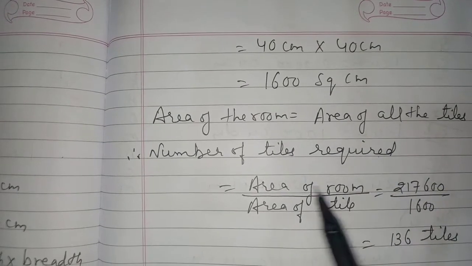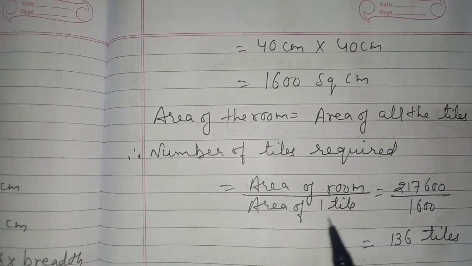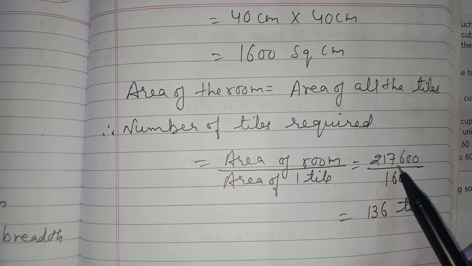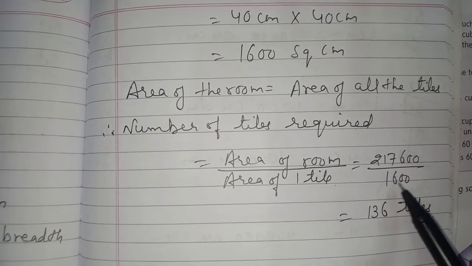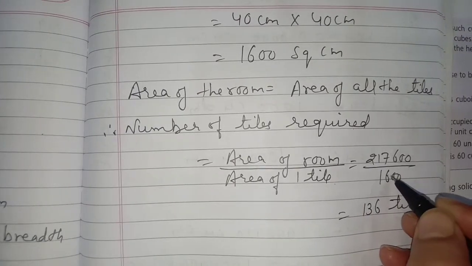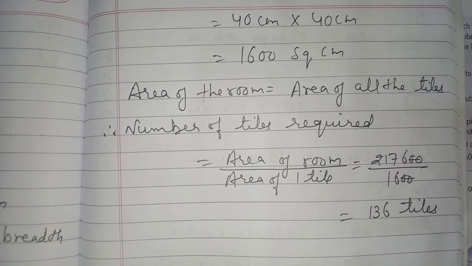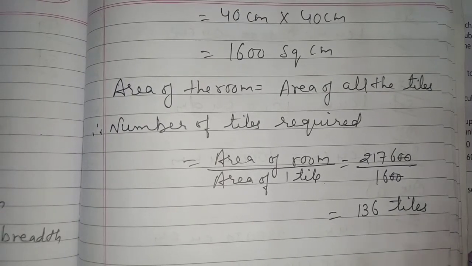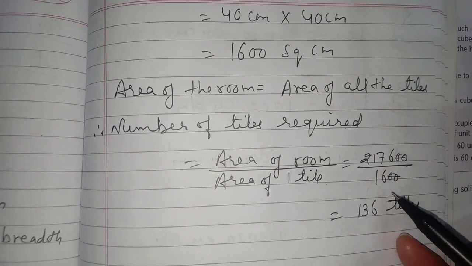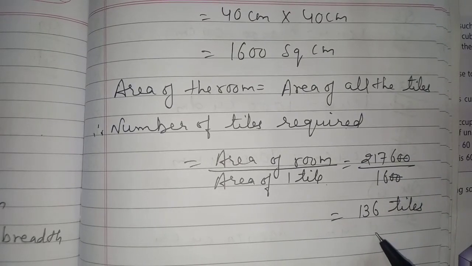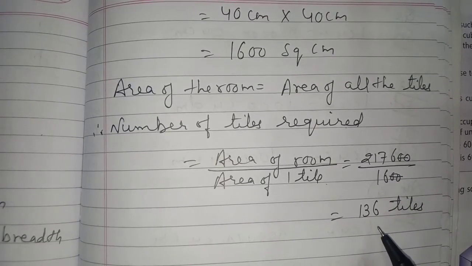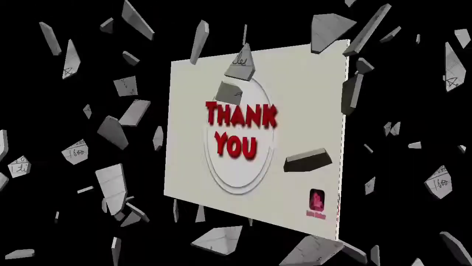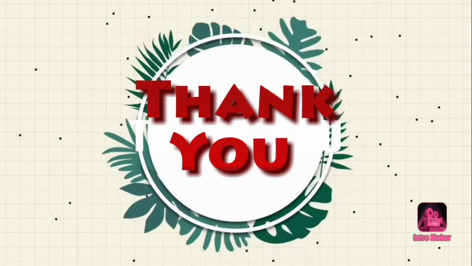How can we find this? Area of room divided by area of one tile means 2,17,600 divided by 1600. Now, we can remove these two zeros from the numerator and denominator. These are cancelled, and you can divide 2176 by 16, and after division you will come to know that the answer is 136. It means 136 tiles are